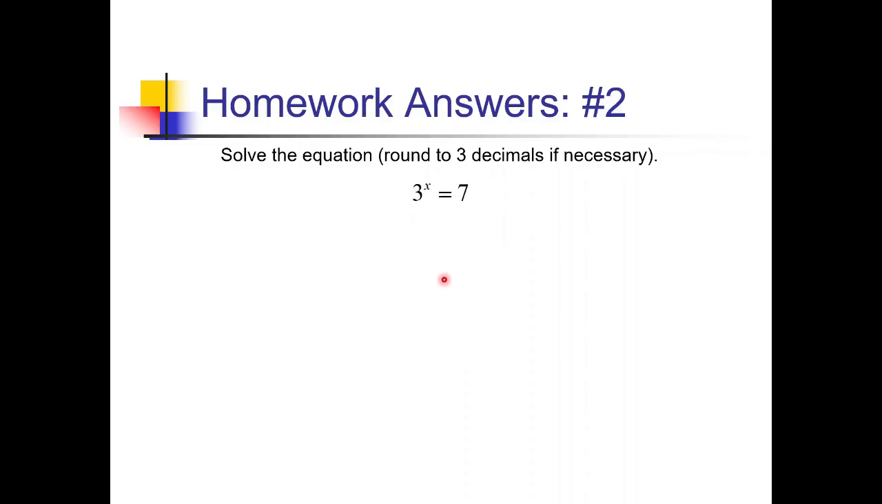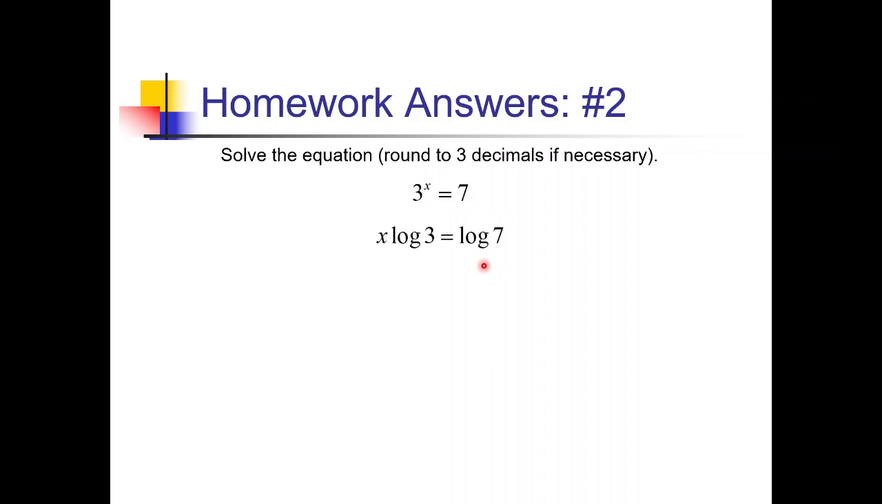For this problem, they're trying to have us solve this equation, 3 to the x equals 7. Looking at common bases, there is no common base for 3 and 7. So we're going to go straight to logarithms. I'll take the log of each side. So using my pop-out rule, that gives me x log of 3 on the left side and log of 7